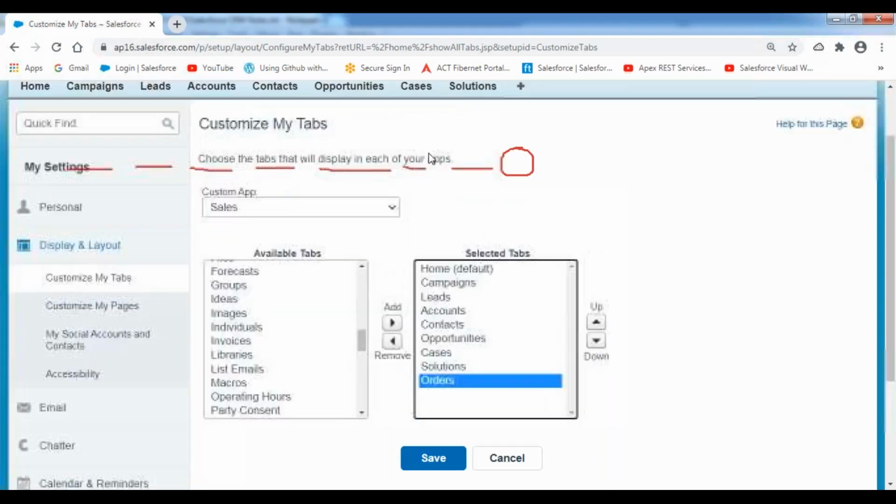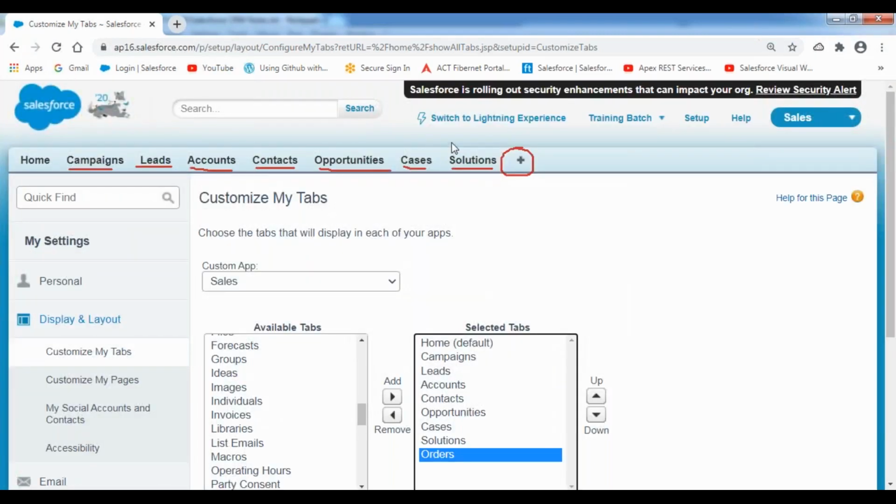Generally, if you want to go to the order object to create an order record, we have to add that object's tab onto the tab bar by clicking the customize my tabs button. Then only we can click on the new button to create a new order record. But this is a lengthy mechanism, and I don't want to do that.